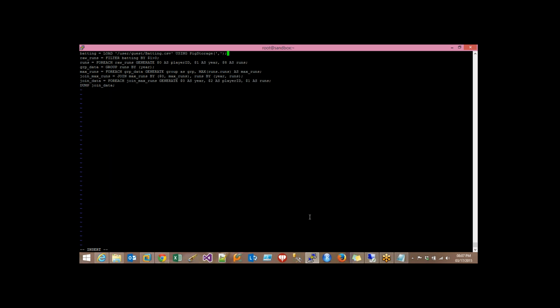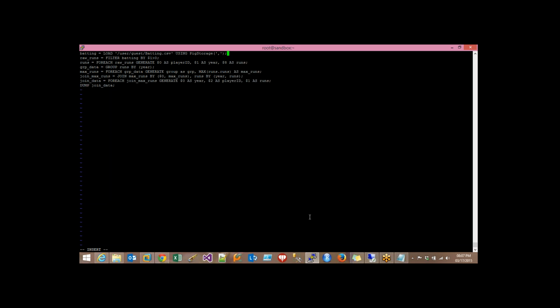In another relation, we perform an iteration to generate the maximum runs based on the player IDs, years, and runs. Then we have a relation called group data that performs the group by operation over the year. We have a relation called max runs, which performs a foreach loop for iterating over group data